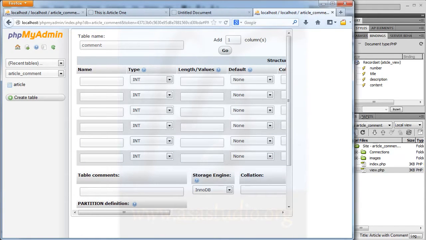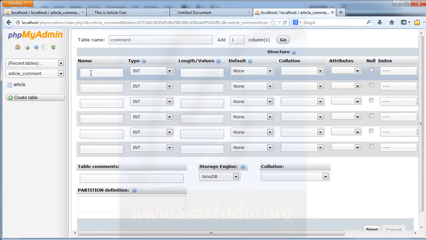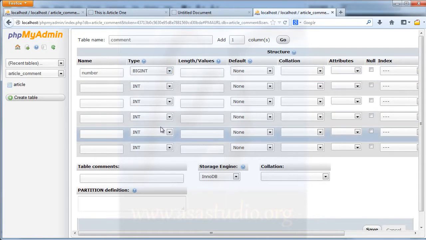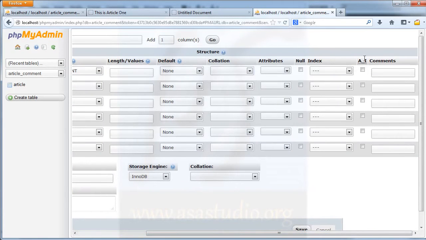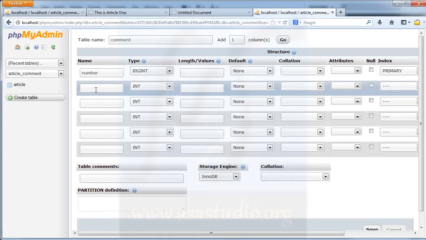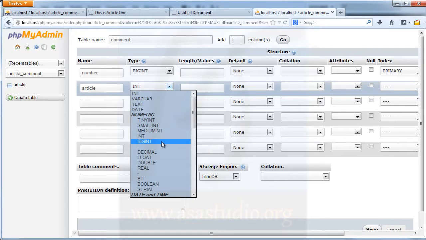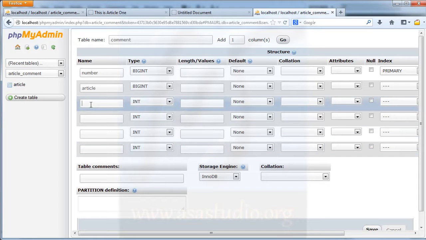Okay, now I have this option, and here I type number of comment, and maybe bigint, and go to the right and A_I, auto increment, and primary. And now go to the left and add again maybe article. Okay, and for article I choose bigint, and now here I add name, maybe varchar